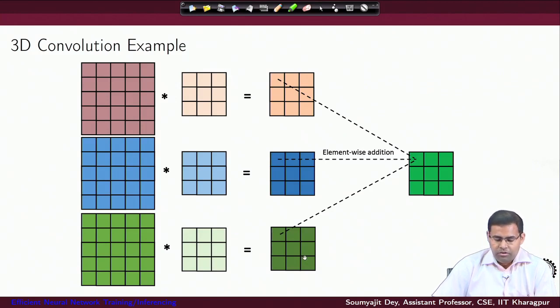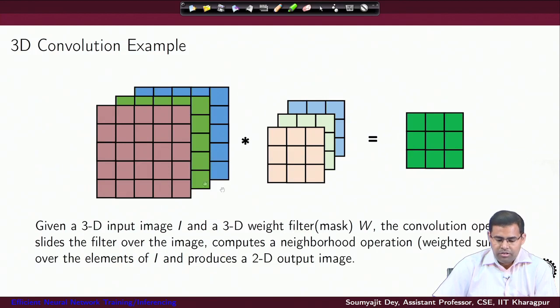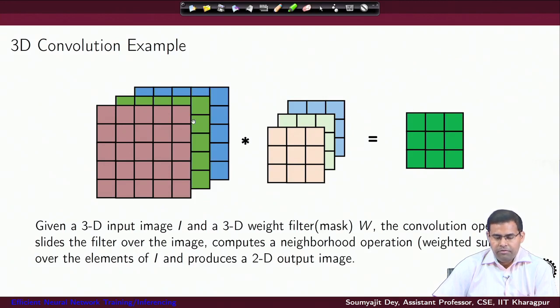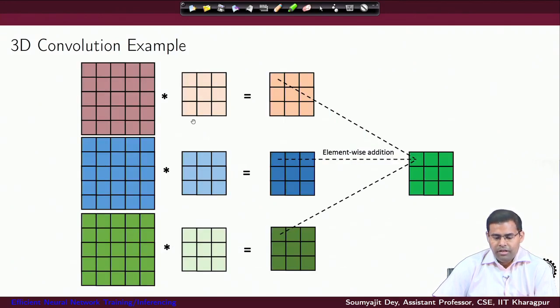right. So, here we are describing further what really is going on. As you can see, on the left hand side we have the image and we are showing the different channels of the image, right. And then I have the 3D mask. So, there are three 2D masks essentially, right. So, that is what we have here. This is the convolution operation, and here we are explaining it with a broader diagram.